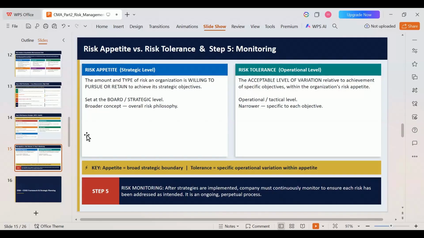So what is this risk appetite? The risk capacity of the company in the example that we took is $5 million. In this risk capacity, what is the amount of risk the company is accepting to face? That is its risk appetite. It is ready to face. What amount of risk a company is ready to face? That is its risk appetite.